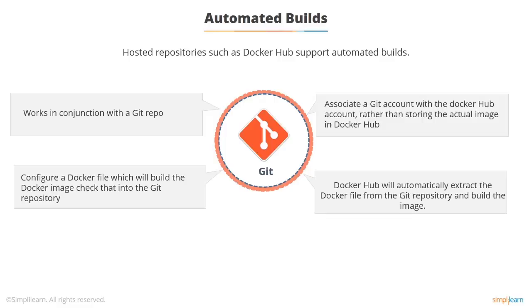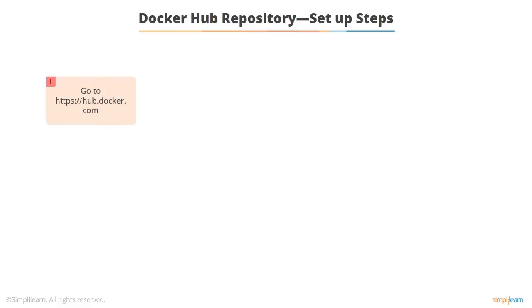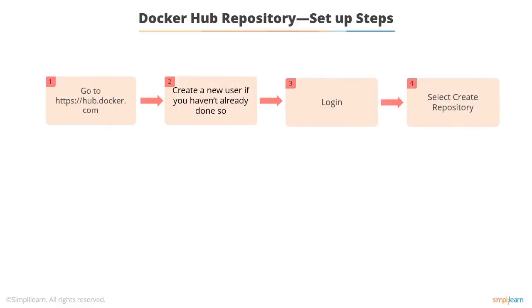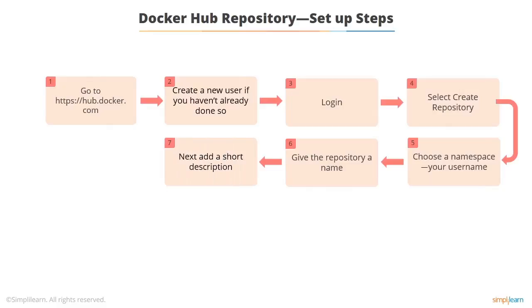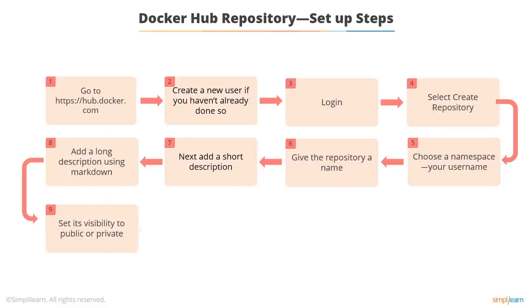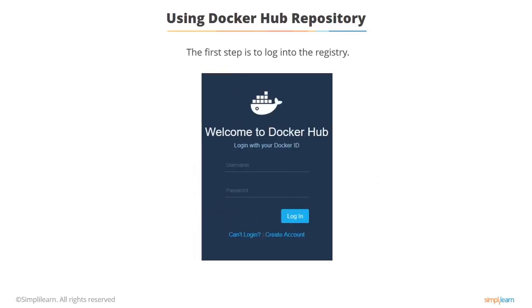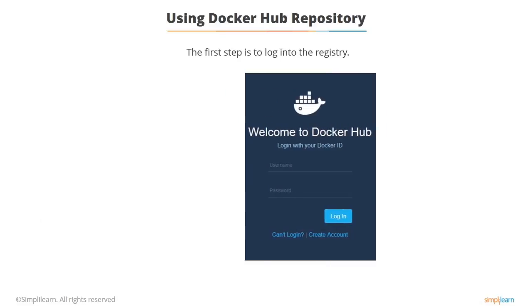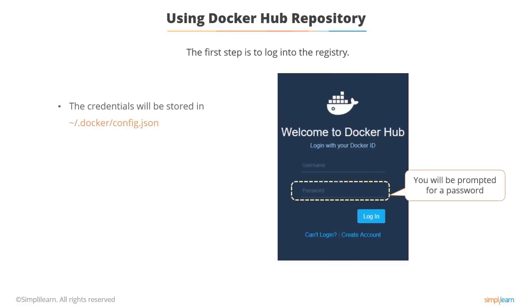So you could easily set up a repository in Docker Hub. You need to create a user, log into it, and then choose a namespace, choose a repository name, and set its visibility. So it's very easy to do. You do have to pay a certain amount depending on how many repositories you want. Because remember, a repository is required for every single image you want to store for your organization. And you need to log into the registry, and the first time you do it, it'll store your username and password in a config file, which is used for subsequent access.